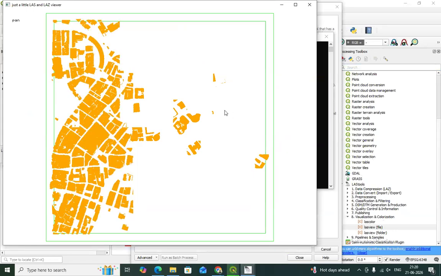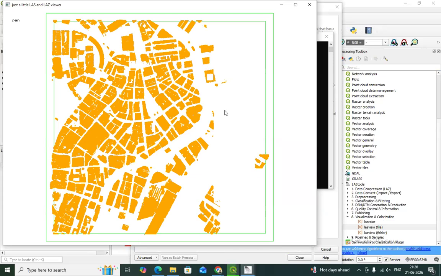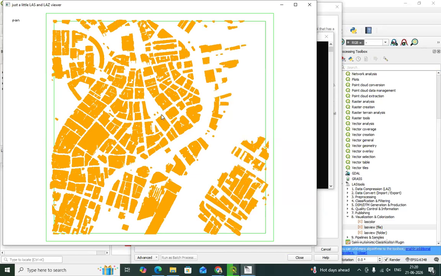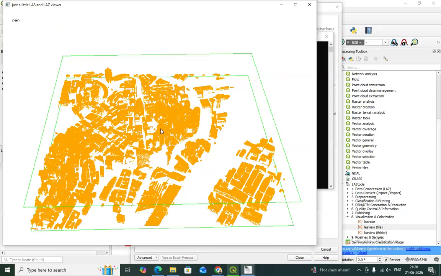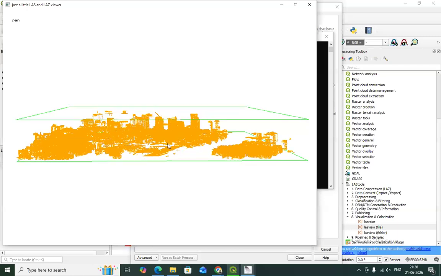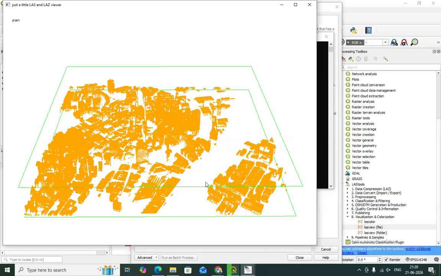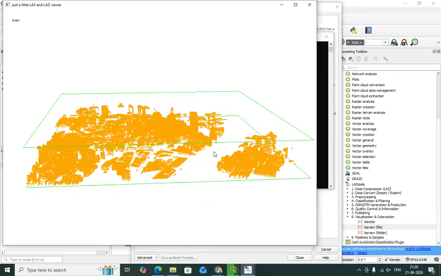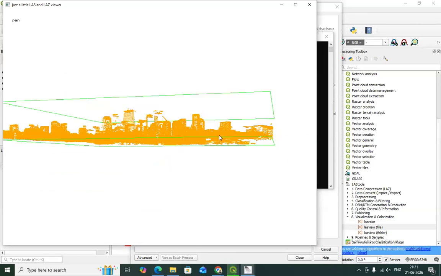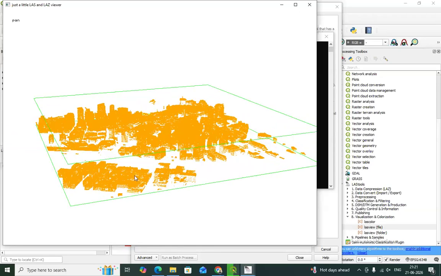So see, there is no other feature present in this file. You only have the building, and accordingly you only have yellow, because that is the color coded for building. So you can see all the buildings, nothing else, neither any water body or anything else. Now, when you have a dedicated building layer, you can further make it a raster layer. We will learn that you can prepare a digital surface model of building, and then you can have other analysis only for the building. So this is the building layer.